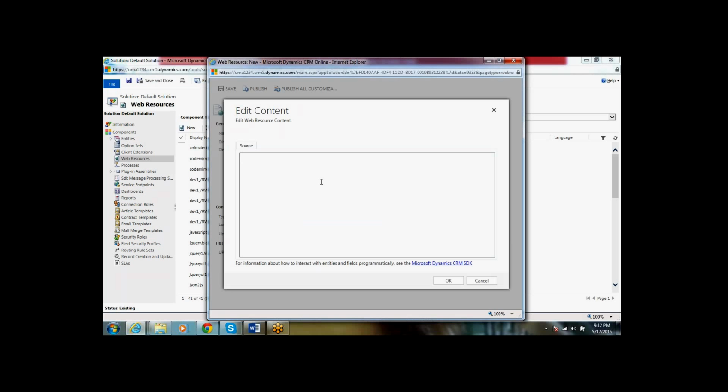Each and every JavaScript method will start with the keyword function. This function is a keyword, we are declaring a method. The method I'm defining is setValue. This is the method I have declared. Inside that, I'm giving an alert. Here alert means we are giving an alert message. I'm giving the message form onload.